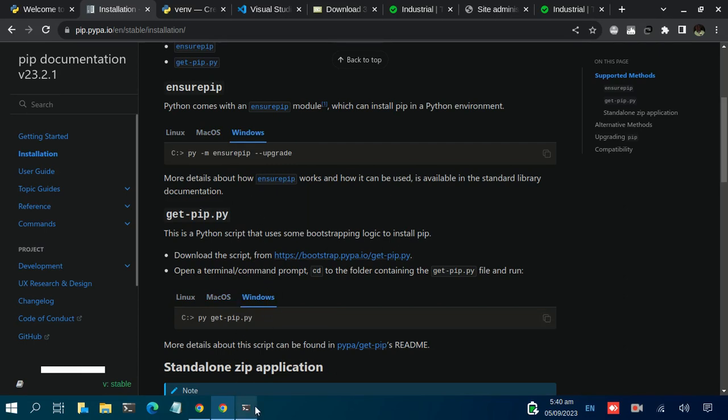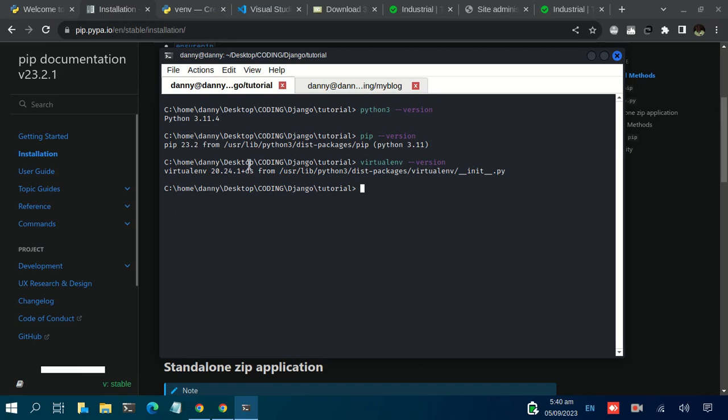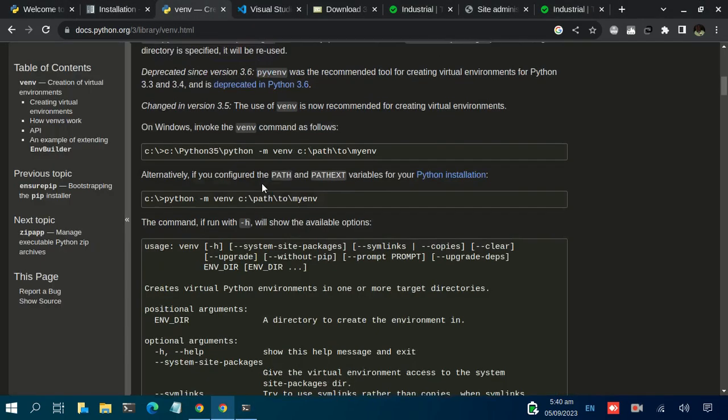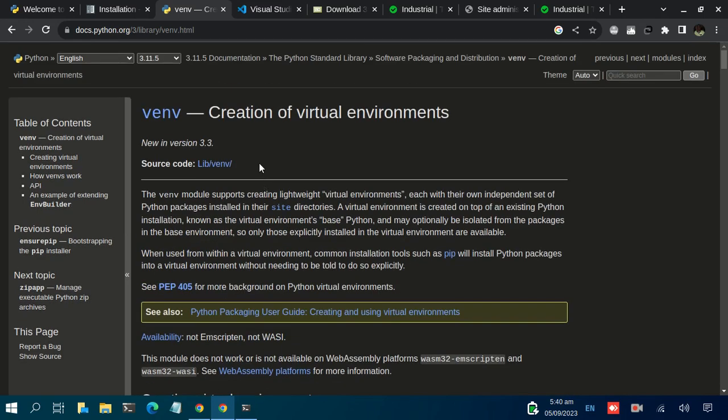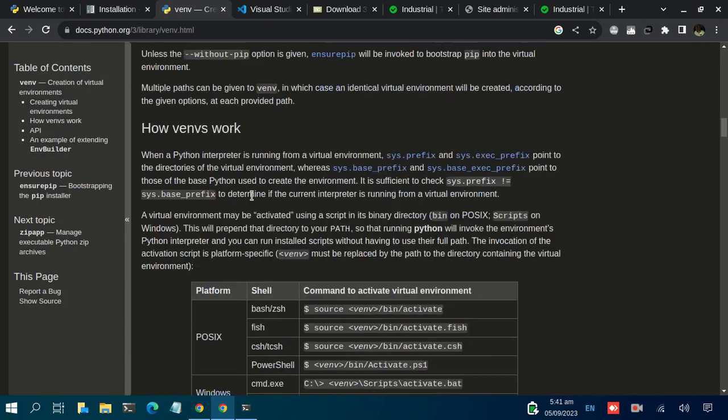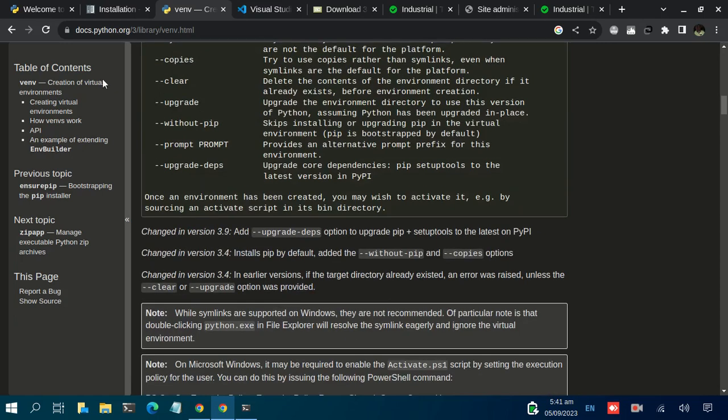So to confirm that these dependencies are already installed, you need to run these commands. So for pip, for Python, and for virtualenv. Then for virtual environment, we have a guide here on how to have it installed and how to set it up. All right, so having installed the three of them, we also need to confirm that we have